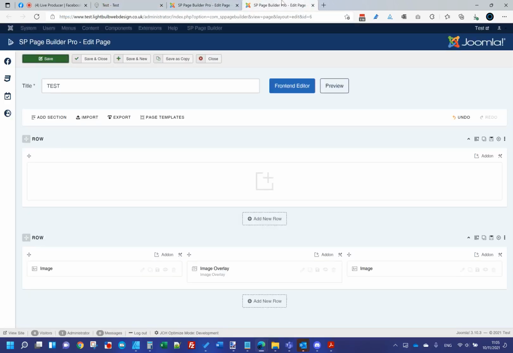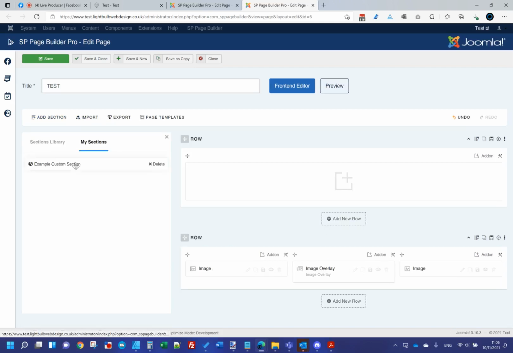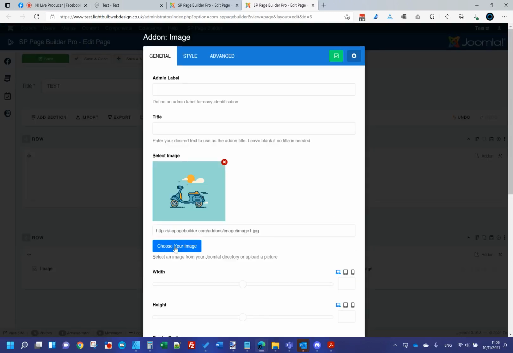Now I think where this is useful again is if you're using the same layout over and over again across multiple pages. And also if you've got clients that perhaps want to create their own pages, but you don't want to have to worry about them being able to copy and paste rows between other ones and save pages as duplicate names, you could literally create the bank of these row sections to match your design, and that client can then use the add section feature, and into the my sections, and just drag the ones they need in, and they can just simply edit